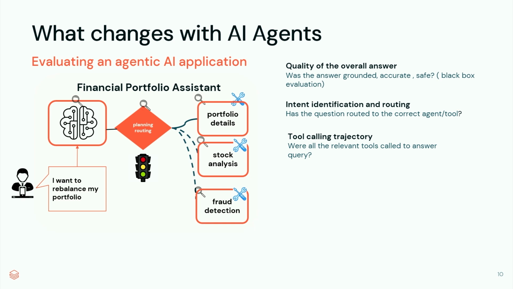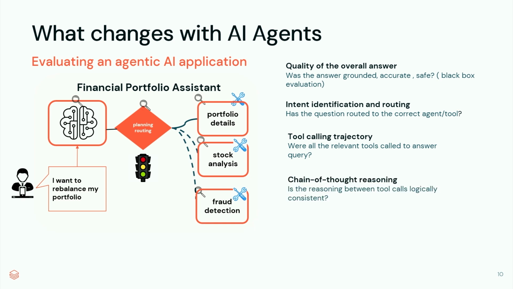Once you have understood that maybe 5 different tools need to be executed in order to answer a particular query, sometimes the execution order is also important. For example, in this case, if the stock analysis tool has been executed first before the portfolio analysis, it is null and void, because we don't even know what the status of the customer is. So sometimes this trajectory is also important, not all the time.